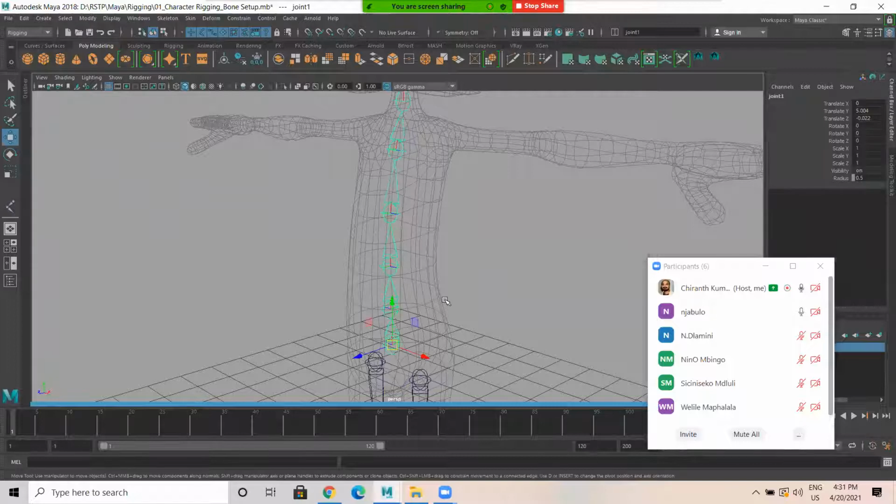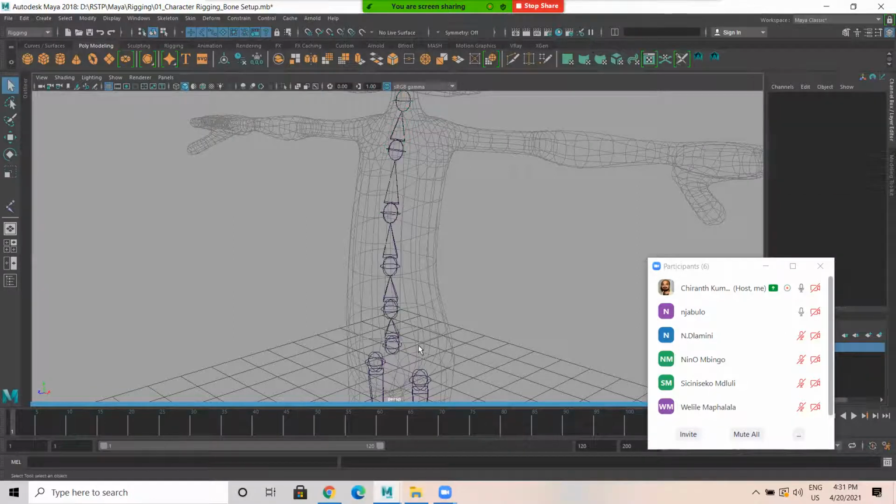I'll select, okay, let me select, press Q. Q is in selection mode. Select this one, then select this 2, 3, 4, 5. So total 5 spine I have selected. Here, normally it will be something like this one. So change to rename. Here you just mention spine. So this is spine 1, 2, 3, 4.